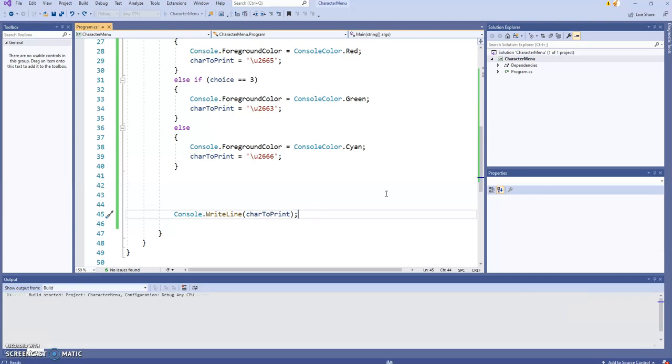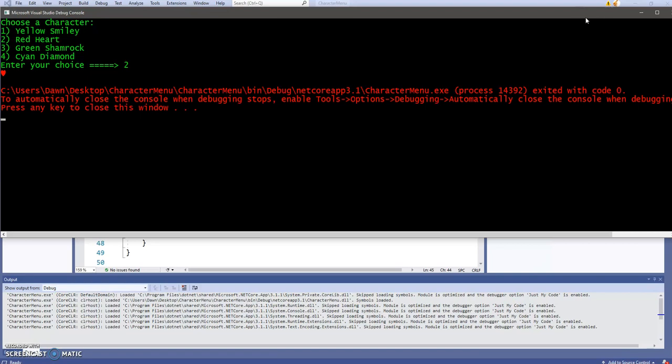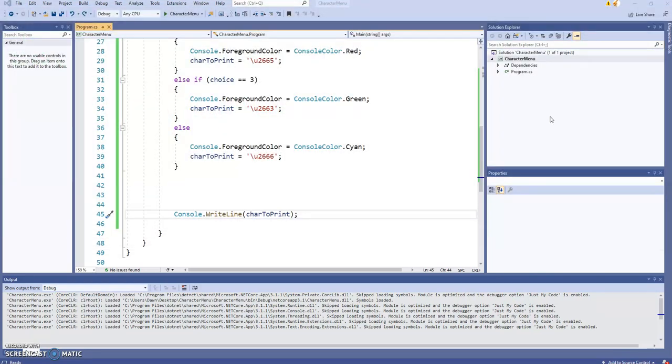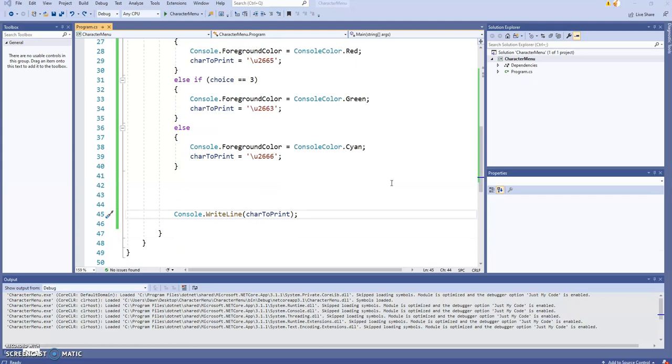Maybe I'll choose a different character this time. Okay, maybe I'll do the red heart. Oops. And there it is. Okay, I think in the next video I'm going to redo this program, the same program,